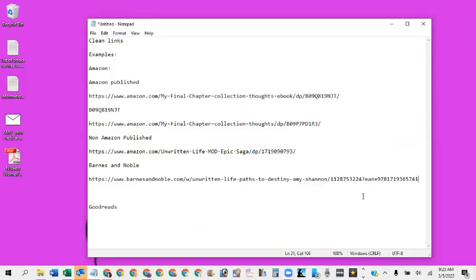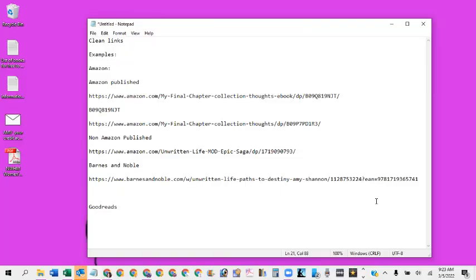They don't have a reference like the other ones did, but question marks and equal signs are not part of a clean link. So we go to barnesandnoble.com, the title of the book with dashes, and we go to the first,